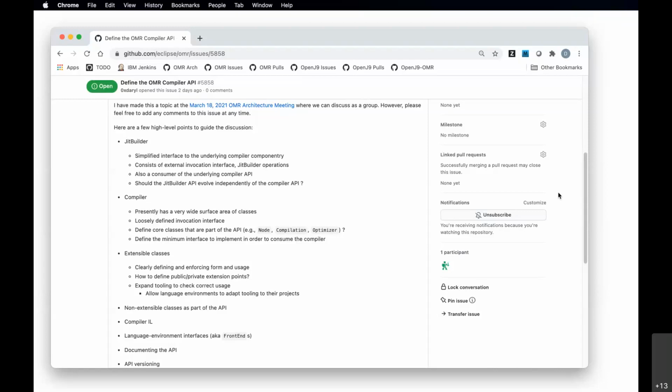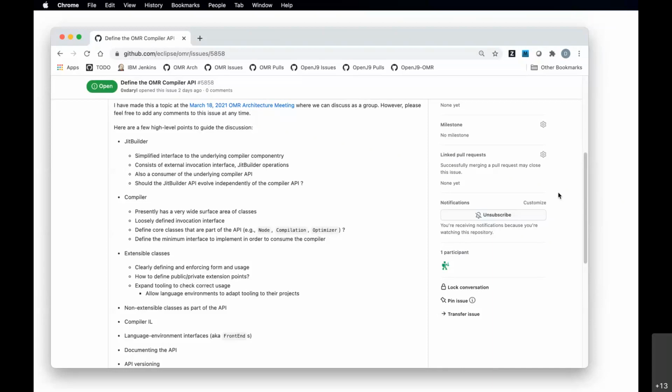However, I agree with all of that, except for the fact that I'm totally killing it with JIT Builder 2. But anyway, let's not drag that into this conversation. So I'll just say it and keep going. Killing it in a good way, or well, I mean, it's becoming more of a compiler, which means it's getting more of the same kinds of challenges that we've got with the compiler component itself, right? There's just more surface area to have to worry about.